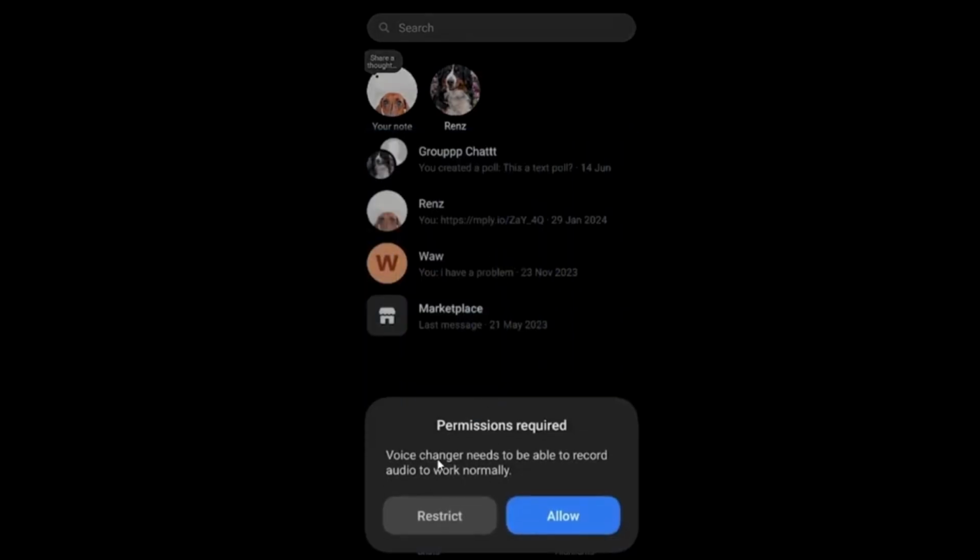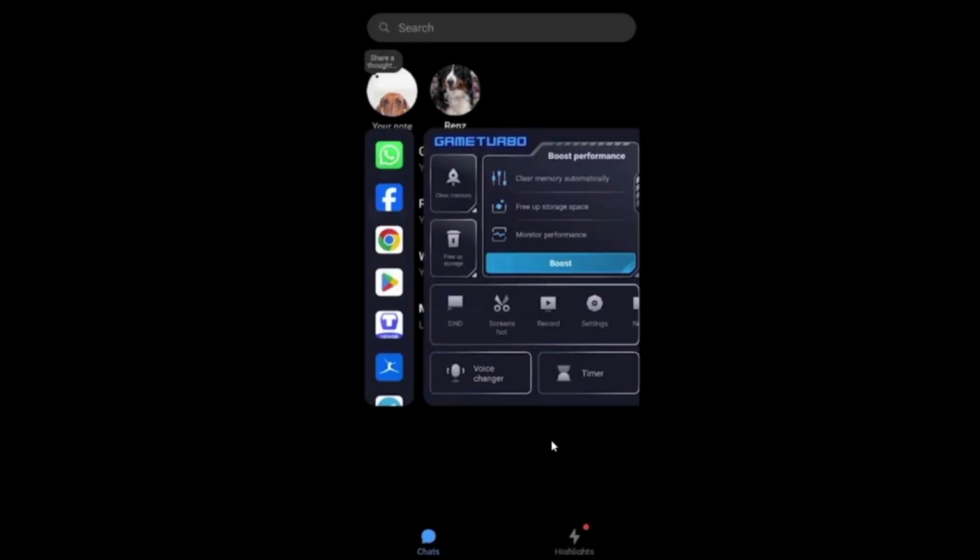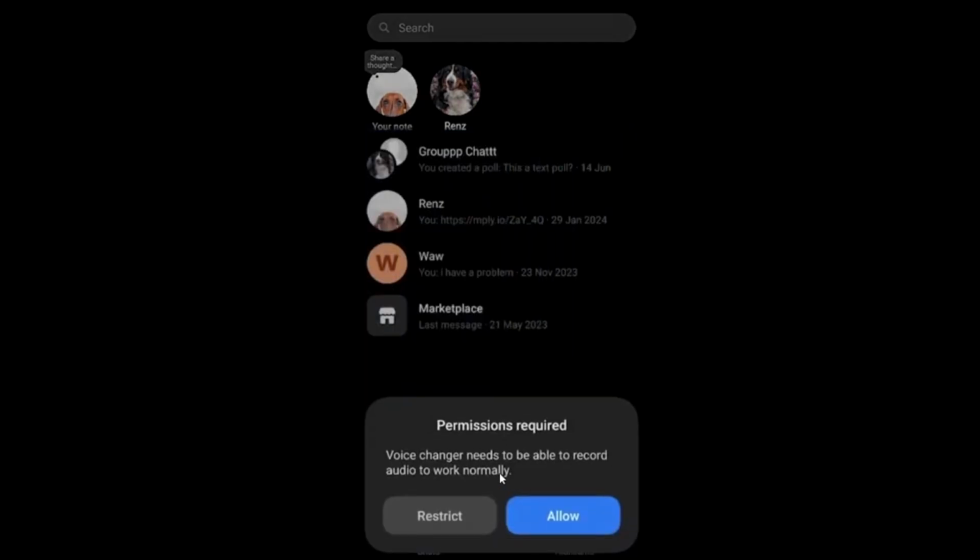And next you will touch this voice changer. Permission required: voice changer needs to be able to record audio to work normally. You will touch this button, allow,